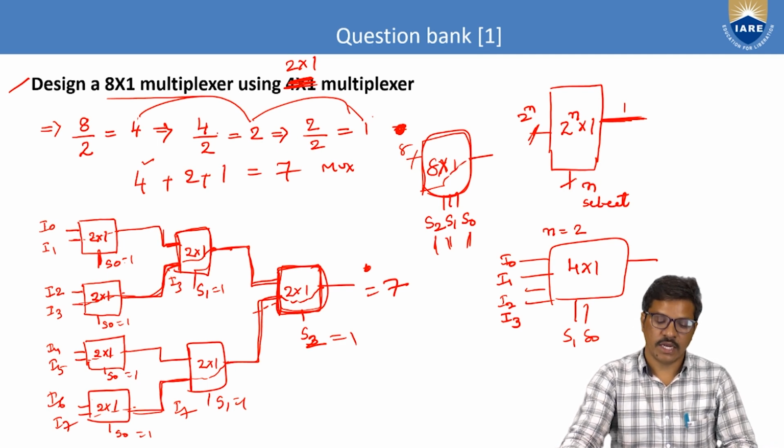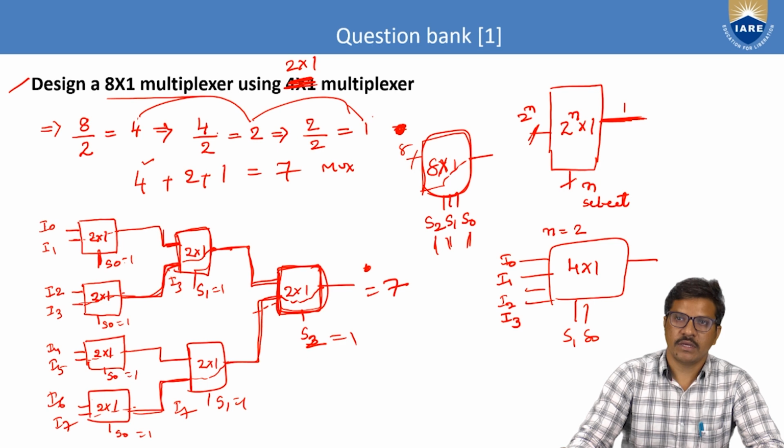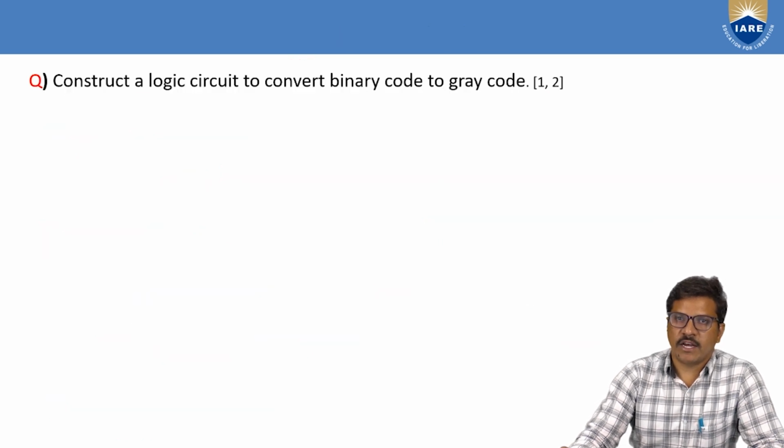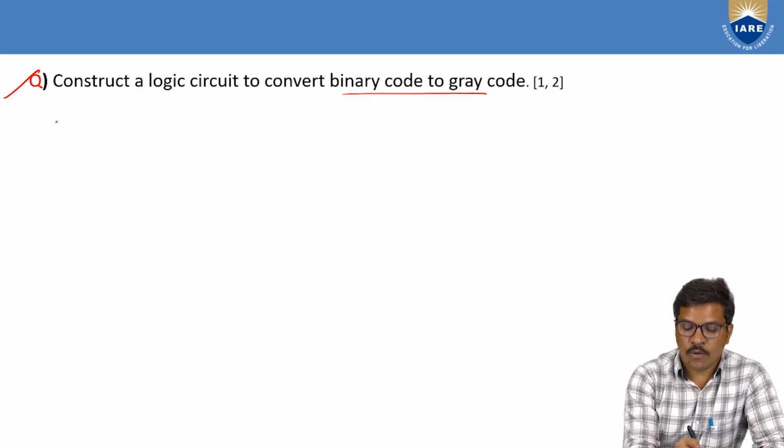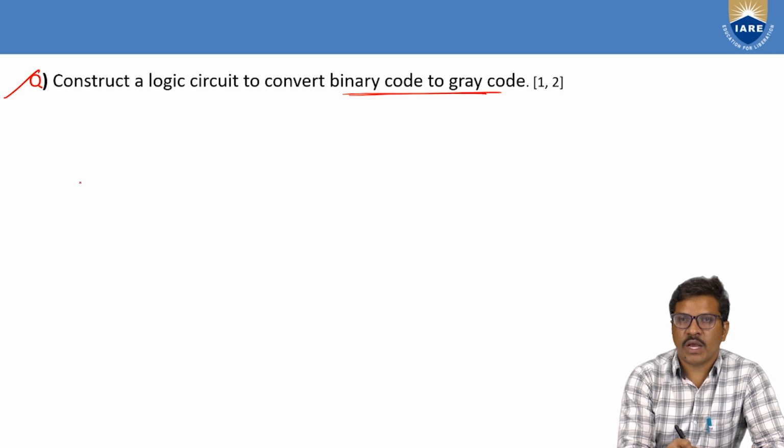This way you have to design a higher order multiplexer with lower order multiplexers. Construct a logic circuit to convert binary to gray code. So this is one type of question coming from the 4th module. This question is to convert binary to gray. So you have to take this definition. You have to expect how many inputs there are, if you convert 3-bit binary to 3-bit gray code, or 4-bit binary to 4-bit gray code, whatever it is, based